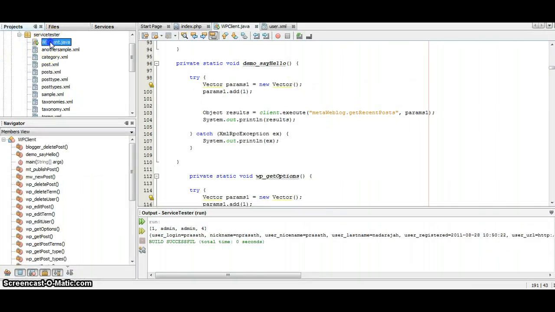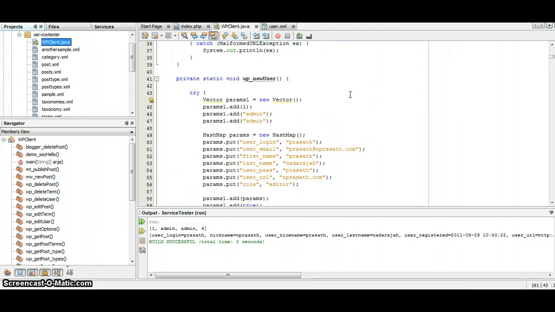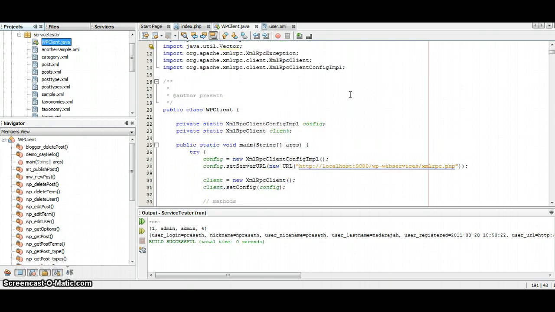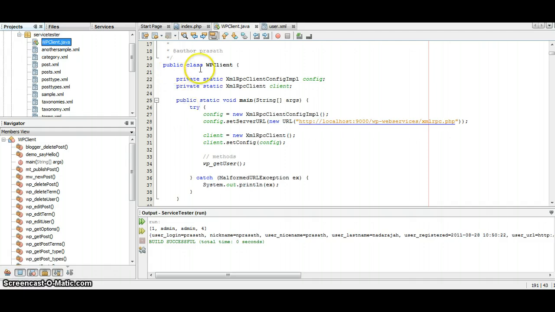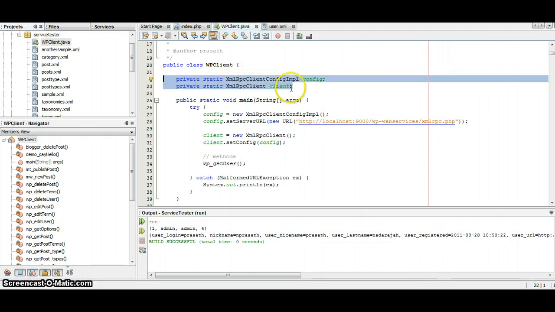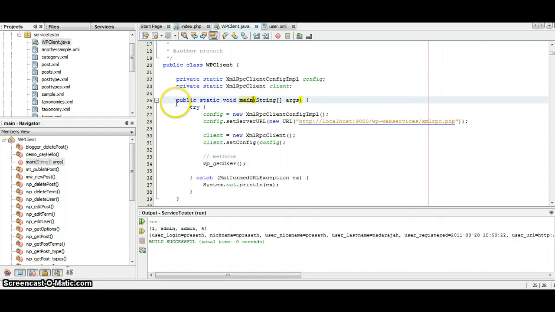Okay, I have just created a simple main method and added the methods as static methods. Those who are not familiar with Java, I don't think it will be a problem to understand this code. I started with a class, the WP client class, and I have first declared the related configurations. Here you can see the configurations as attributes, and inside the main method, this is where the Java execution chain starts. Inside the main method, I have initiated the configurations and set the configuration URL as the URL